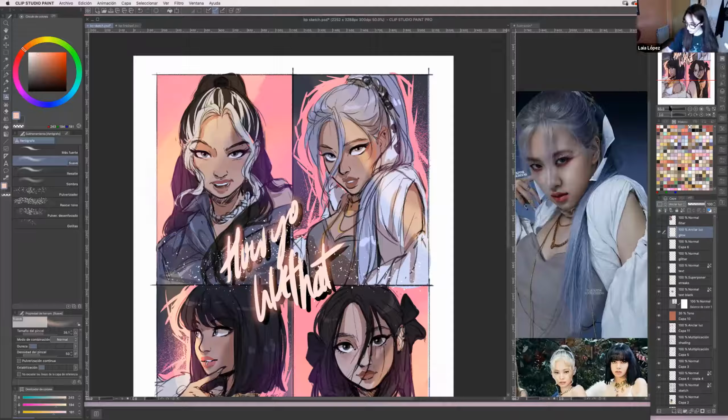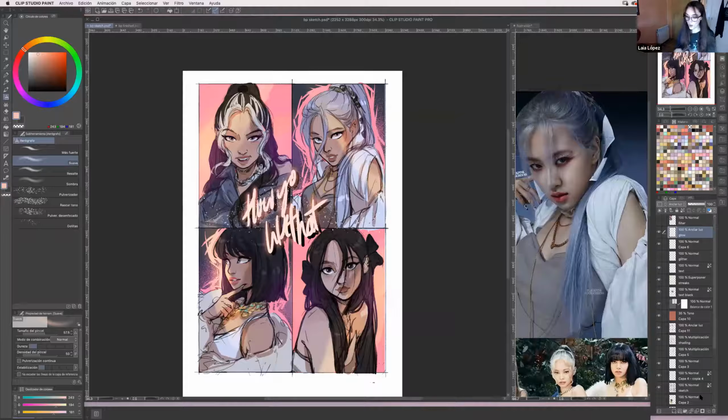And that's it. That's the sketch finished. And once I have that, I'm like, okay, now it's time to clean it up. And I feel like this way, everything is a lot easier for me from now on because I just have to clean up the sketch. I have all the colors set and I know how it's going to look more or less. I just have to make it pretty now.